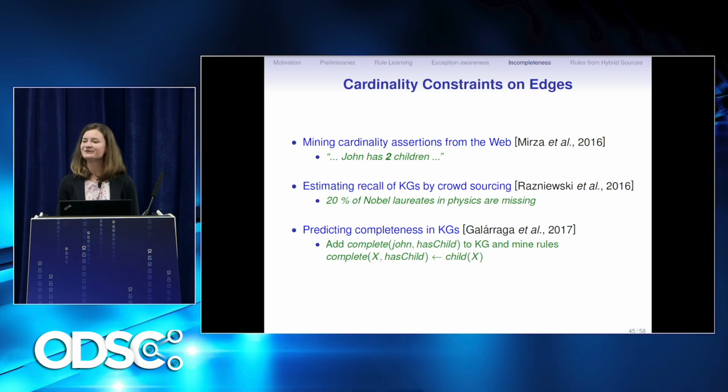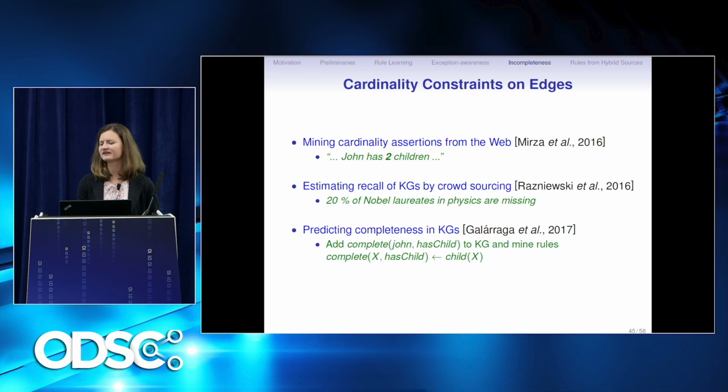Well, actually, you could extract it from text, because very often things are mentioned on the quantity level. For instance, things like John has 2 children could be stated in text somewhere. If you mine this information explicitly, you could get these completeness statements. So you would know how many should actually be in the graph. I mean, this holds the same for domain-specific knowledge graphs as well, of course. So if you pre-mine this information from text and then exploit it further in the rule induction process, that might